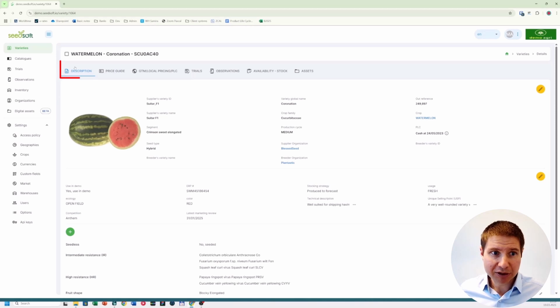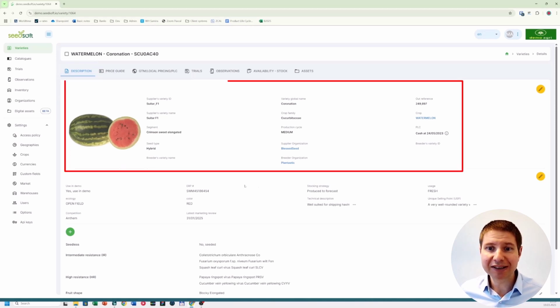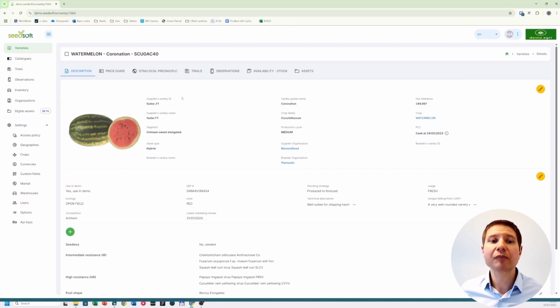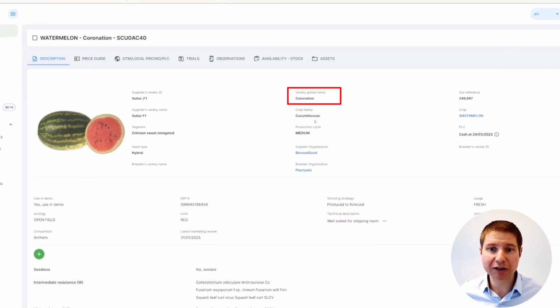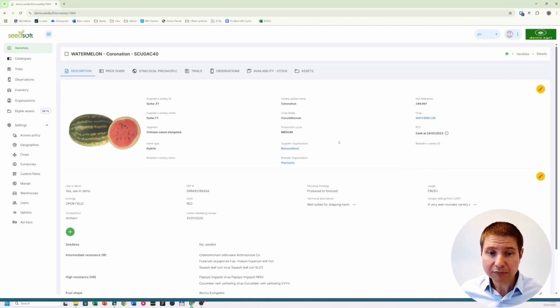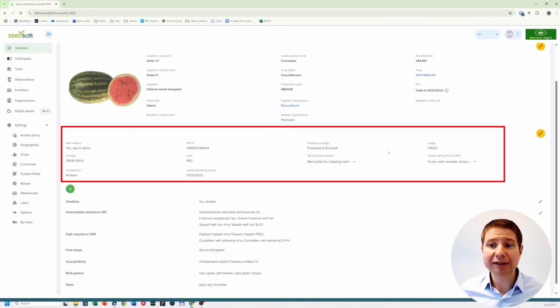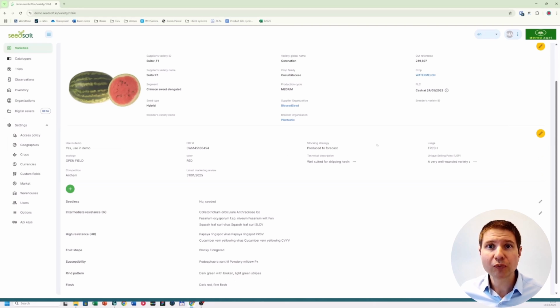In the main tab, description tab, I have three subsections. The first one is SeedSoft standard, meaning you have just the absolutely basic information like the name of the variety, the family, the crop family, or the crop, supplier or breeder organizations if you have access to them in your company, product lifecycle global. A second section is SeedSoft customer customizable, meaning some customers could, for instance, want to have